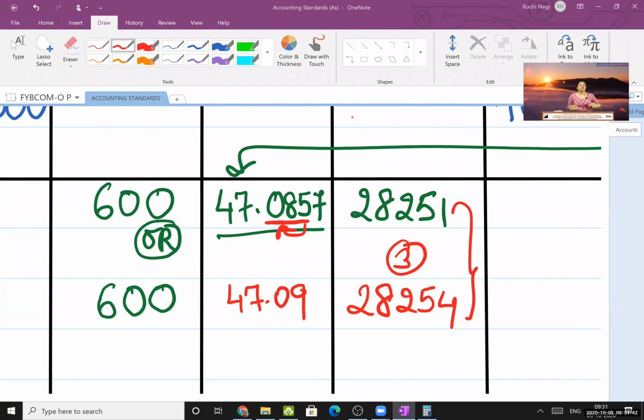You have to do this only when your weighted average rate comes to more than 2 decimals. Just in this case it came. Otherwise, until now, while calculating weighted average cost, all my answers were in 1 decimal or 2 decimals, like 43.2, meaning 43.20. So you have to follow this only when the decimals are more than 2. Okay, fine.